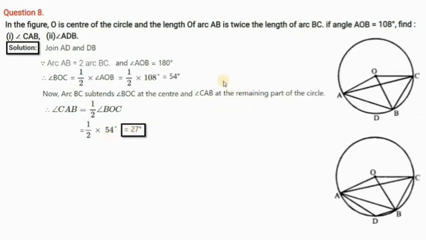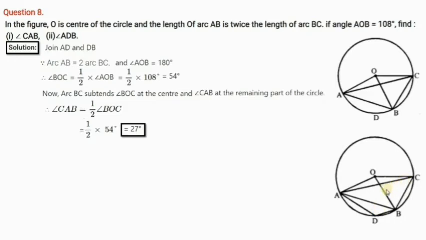Okay, now let us move on to calculate the second part, that is ADB. Before I calculate ADB, let us see that A, D, B and C lie exactly on the circumference. So I can say ADBC is a cyclic quadrilateral. Now this ADB, which we need to calculate, and ACB both lie opposite to each other. So their sum is going to be 180 degrees.